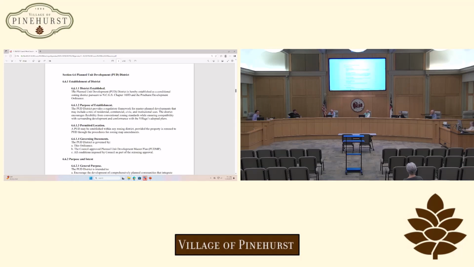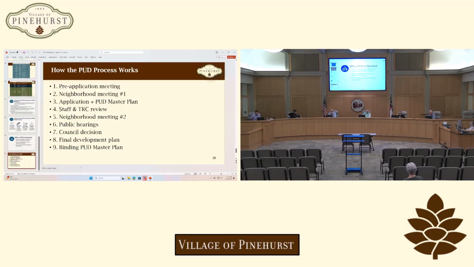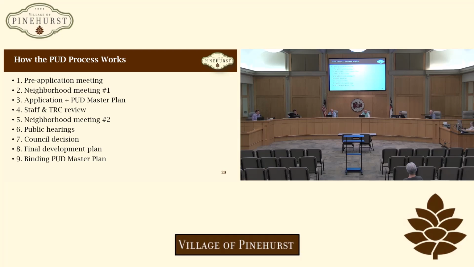Let me point out a couple things that Doug had mentioned. In fact, that one chart that had the process on it is significantly different from the current process in the sense that there are two neighborhood meetings in this one. So in other words, should a proposal come forward from a developer for a particular development, and they want to do it a certain way, they put that development proposal together. They have a neighborhood meeting, number one, to give the concept.